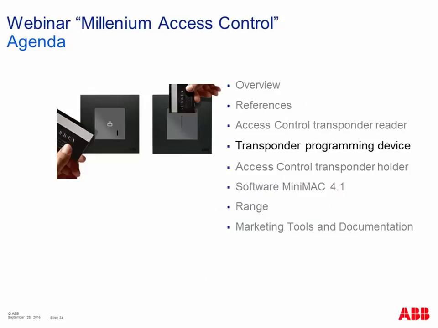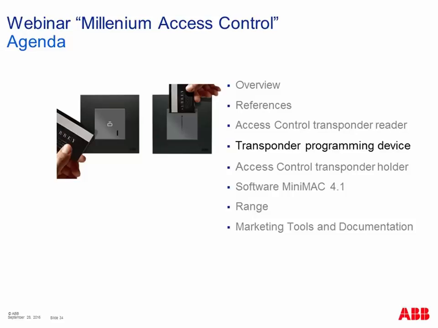So going to the next point, the next point is related to the transponder programming device. The transponder programming device is the device installed at a reception. So it has to be clear that the reader, what we are seeing till now, is the device that is installed outside the room. It's used to control the opening of the door of the room. The transponder programming device instead is the device installed at the reception, so it's used from the